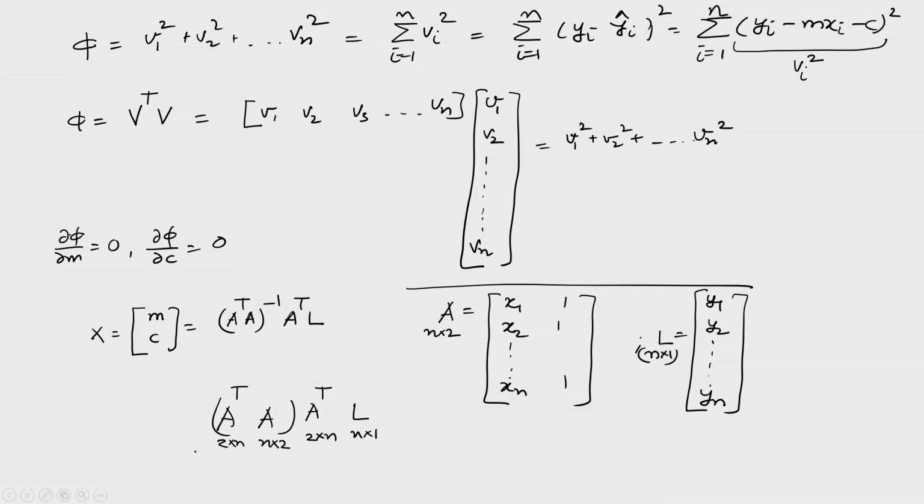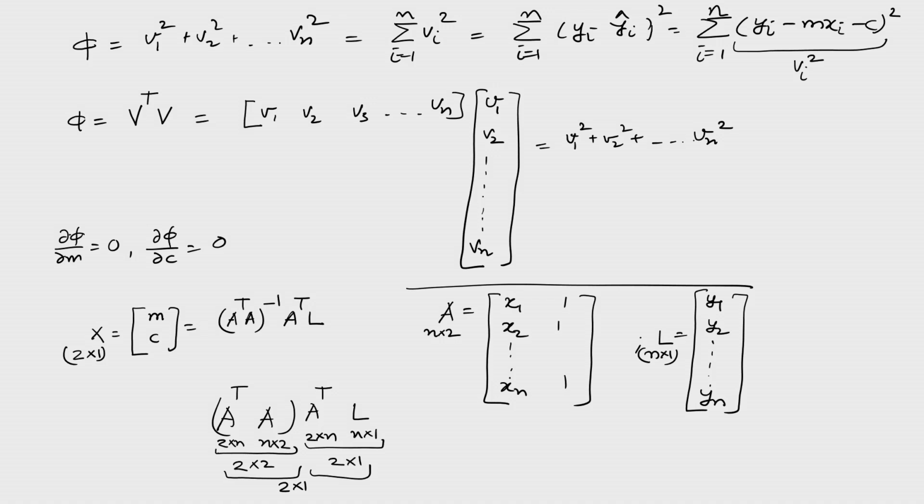Here, if you remember the size. Now, if you multiply these two matrices, you will get a 2 by 2 matrix. If you multiply these two matrices, you will get a 2 by 1 matrix, and then if you multiply these two matrices, you will get a 2 by 1 matrix, which is nothing but the size of X, right. So, we are very sure by dimensional analysis of matrices that we are going to get one column having two values. So, that is the idea here.